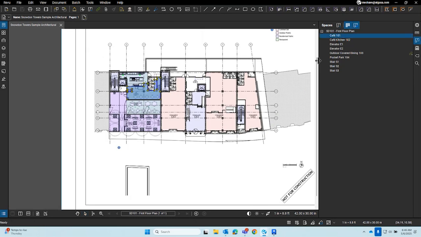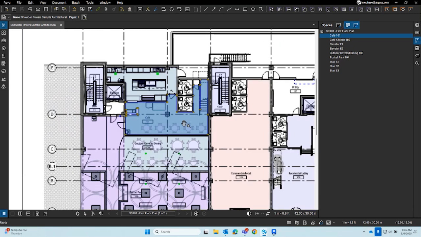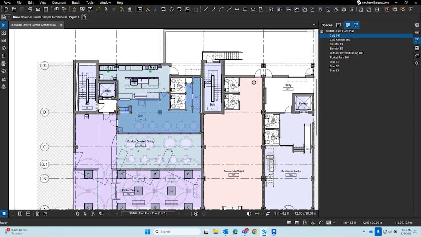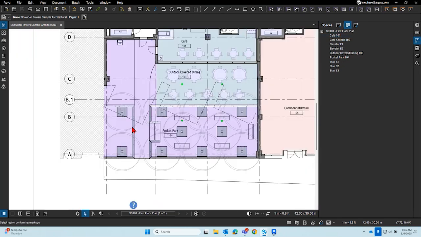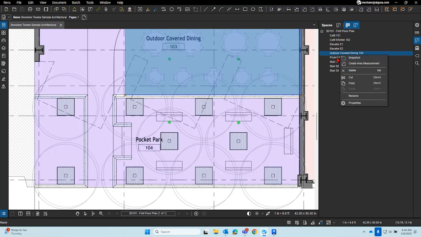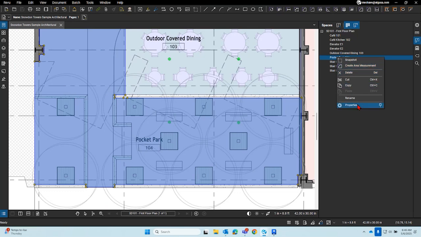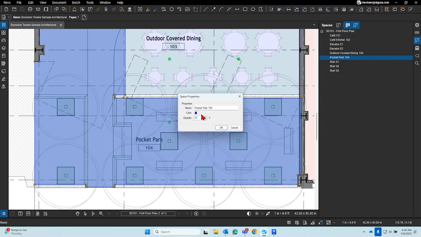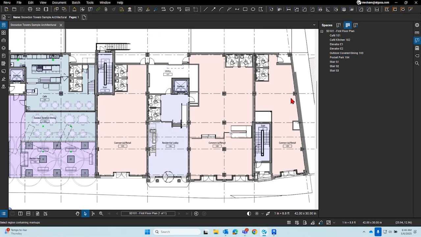That's weird that it's not letting me select if I wanted to, only when one's selected, but okay. So just to show you again, you have the color associations to these. I pre-created those colors and assigned them. If I right click on one of these, what you can see is the properties. From the properties, it already defaults the color of what it was originally created with, which is weird because